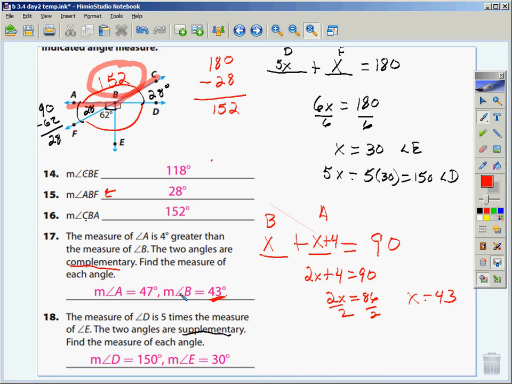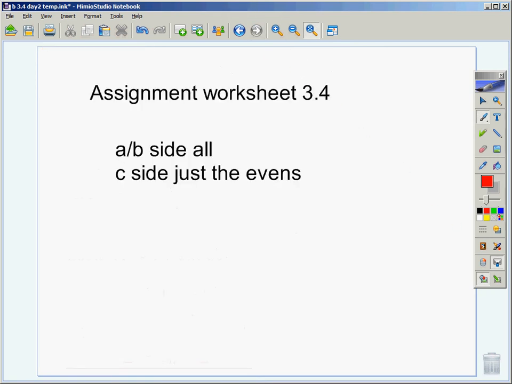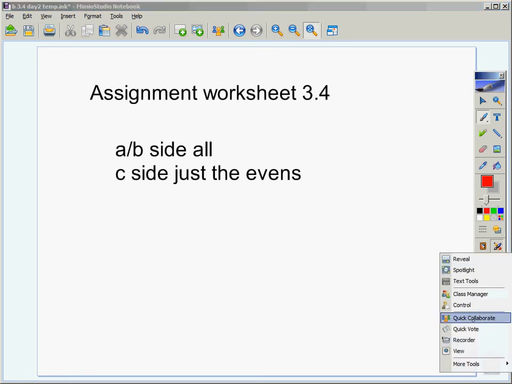Other questions from the work? Okay. Listen, when you get your worksheet today, on side A, B, I want you to do them all, but on side C,